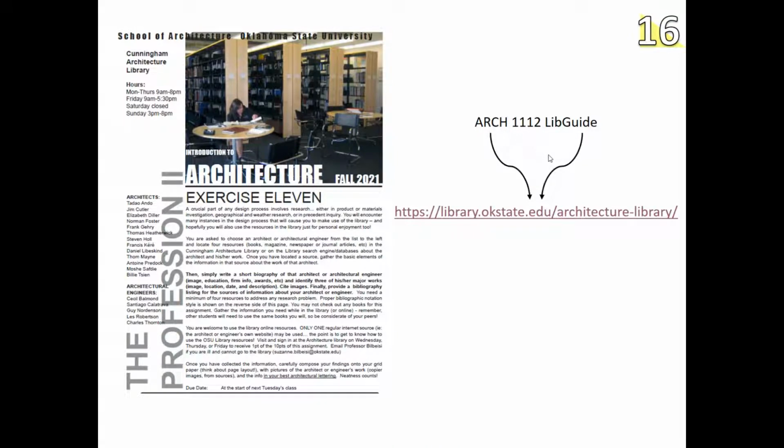And finally, because this class is fundamental and a requirement of your program, we've created a LibGuide just for this class. A LibGuide, if you've never heard of it, is an online space dedicated to resources on a specific topic. So this is an ARC 1112 LibGuide. To get there, you're going to navigate by going to library.okstate.edu, architecture-library. I'm going to click it,